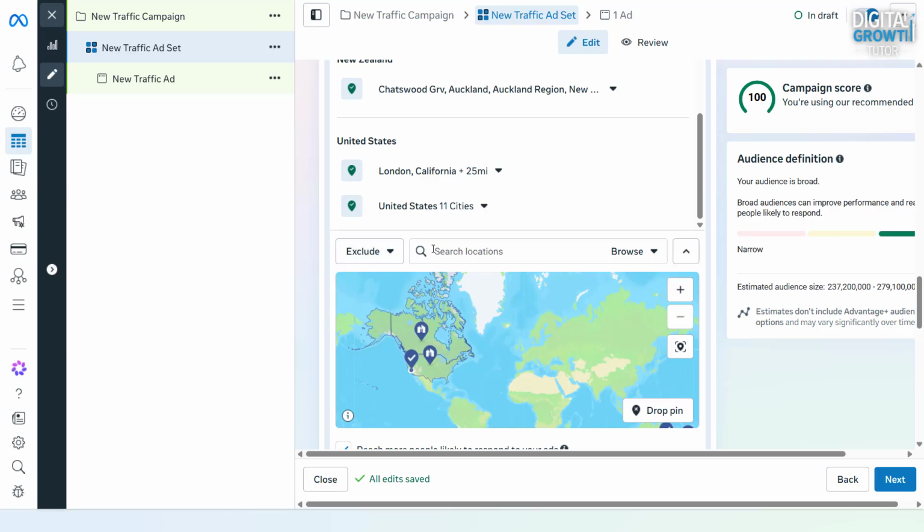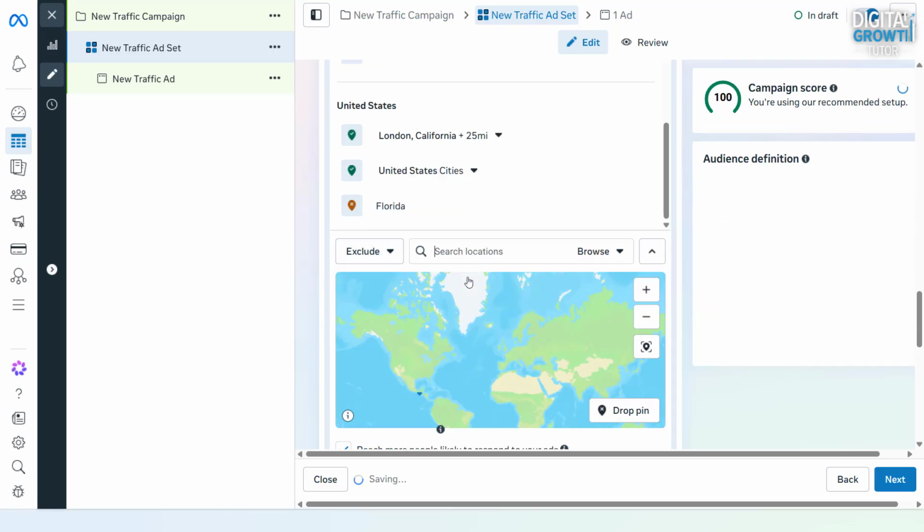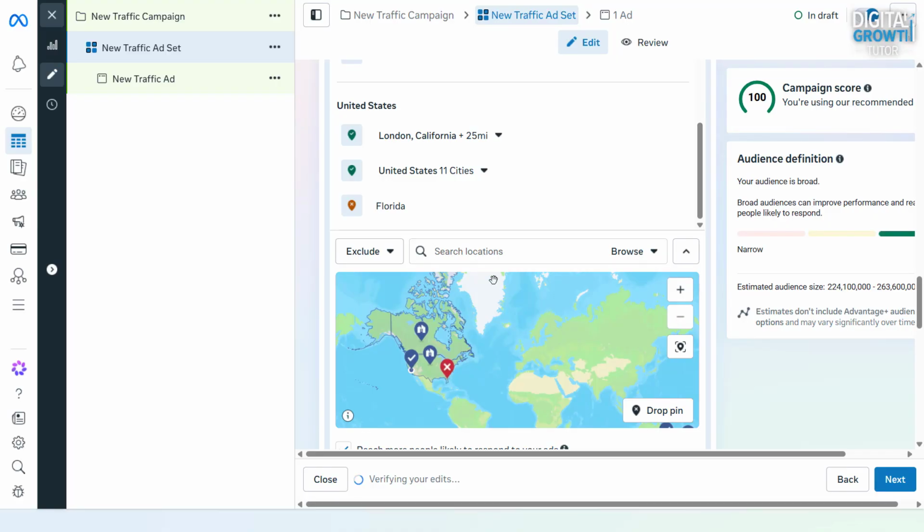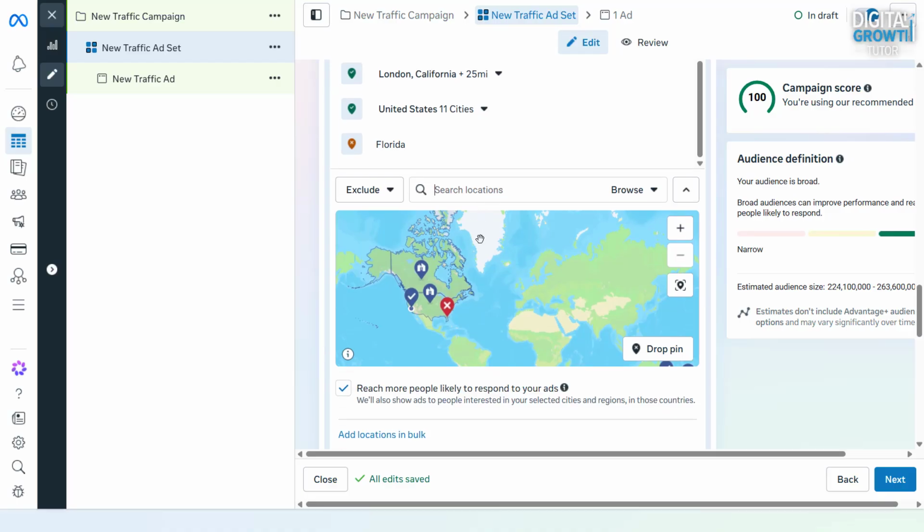Another powerful feature is the exclude option. For example, you can target the entire United States, but exclude Florida. This is useful if you don't provide service in certain areas, shipping is unavailable, or you want to avoid low-performing